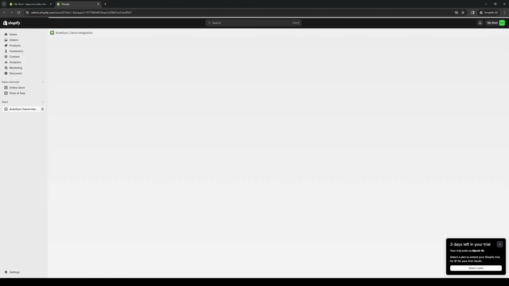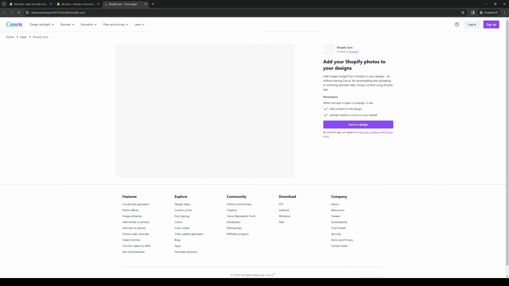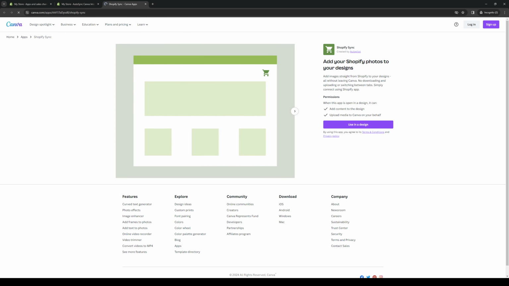And in a second here, you'll see the dashboard where we'll be logging in our Canva account. So here it is. And what you need to do next is first we're going to copy this store key right here because we'll be using this later when we go to Shopify Sync. So to install Shopify Sync, simply want to click on this link right here. So it's this one over at Canva, and we're going to use in a design,